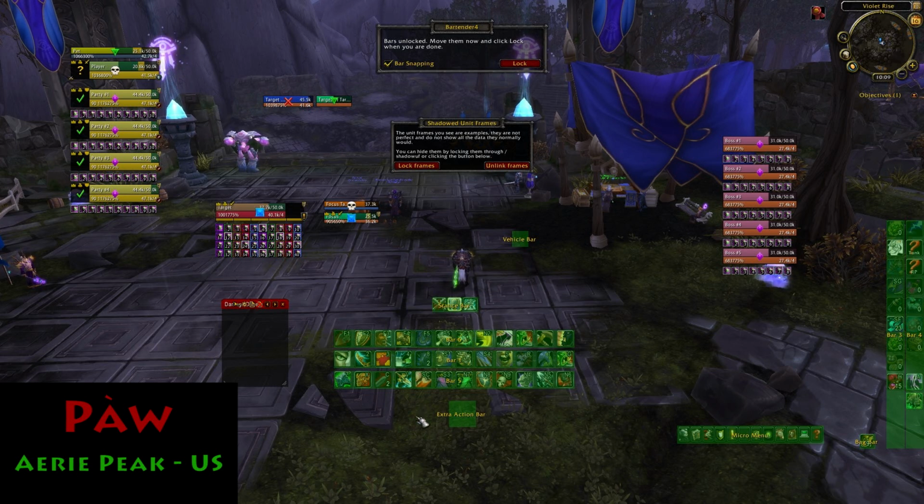Pet bars usually either below my main set or off here down below the chat. Extra action bar, this is important. In Mists of Pandaria, lots of times you'll have stuff pop up in here, so don't forget about it. I'm going to keep this nice and centralized for now. I'm also going to resize my chat, which you guys can't see because I've hidden it cleverly, so that I